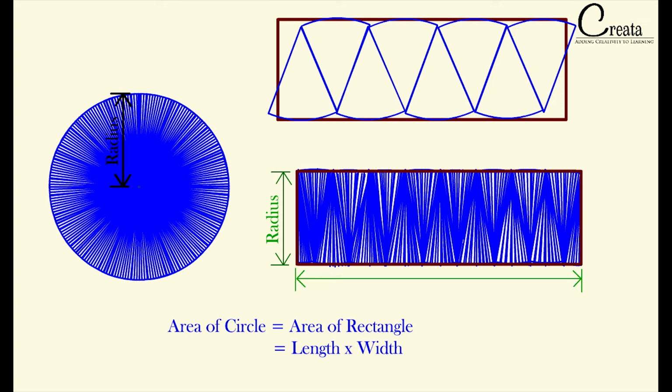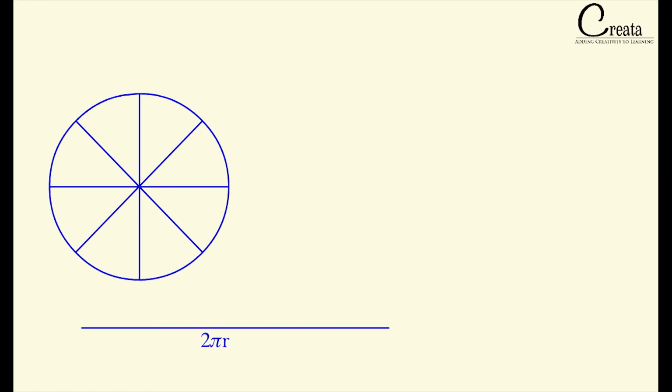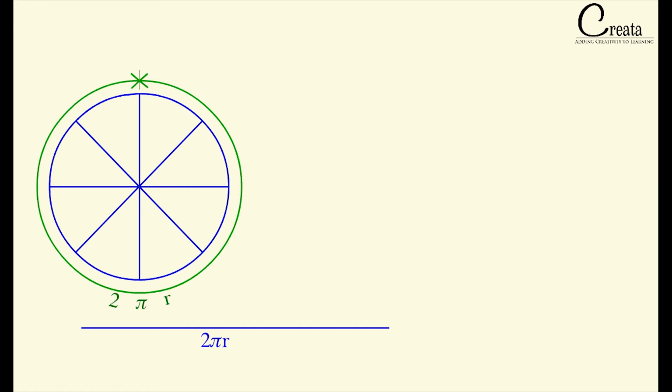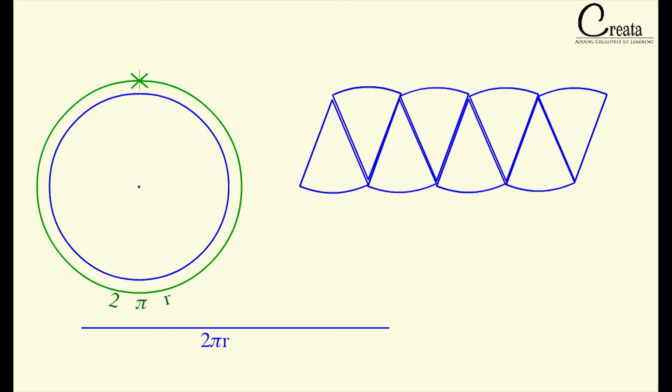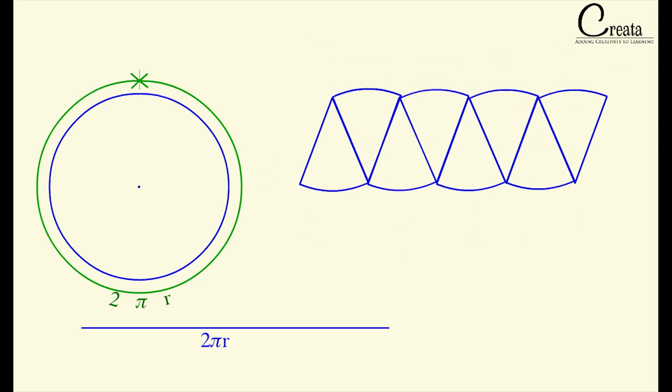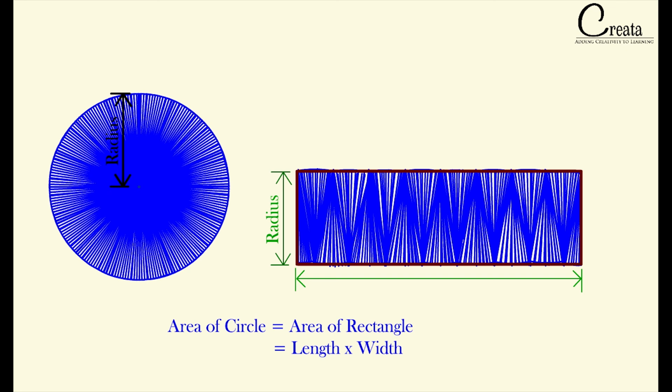And what will be this side? For that we again have to go back to the first figure. Here we will better understand it. We have divided the circle into these parts. We know the circumference of a circle is 2 pi r. Means this distance is 2 pi r. And we have placed half of the circle parts on the upper side and half on the lower side. Means we have divided this 2 pi r into two parts, half on upper and half on lower. That is 2 pi r by 2 is equal to pi r, means pi r on the upper side and pi r on the lower side. So we got the length of the rectangle as pi times r.